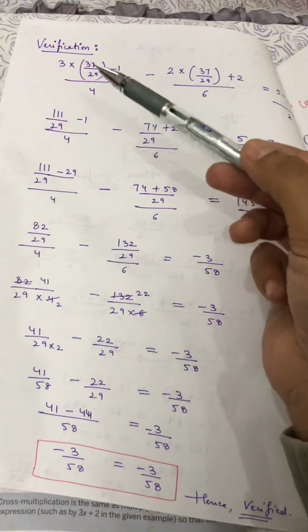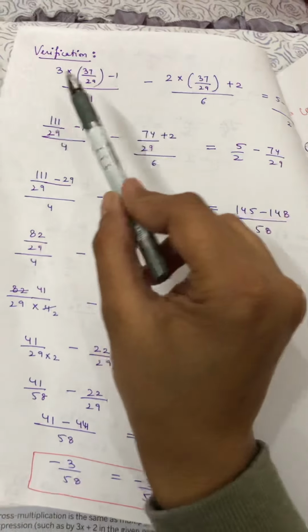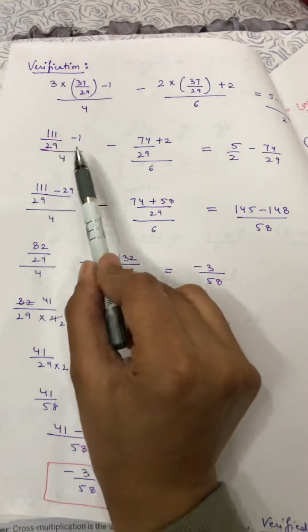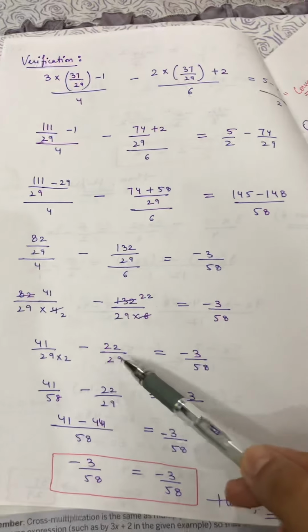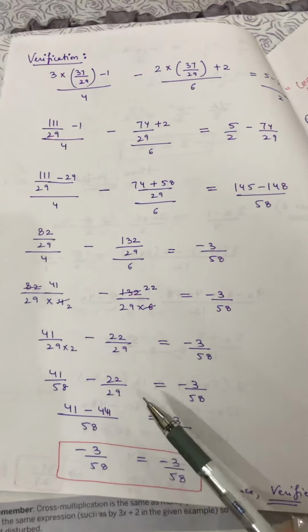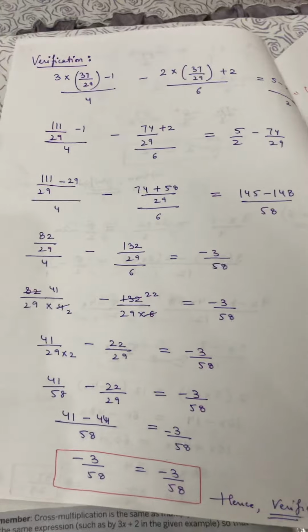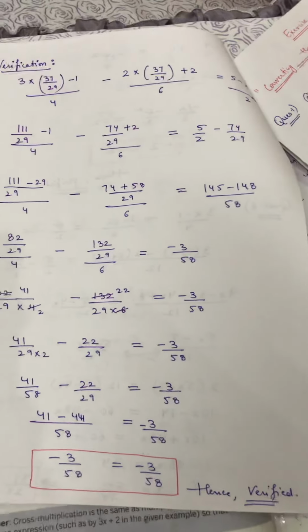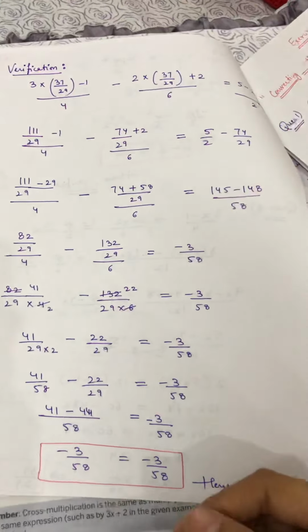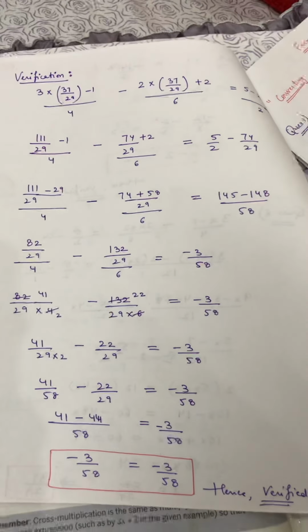So in the fraction, when you put the value of x, you have to take the LCM, then divide it. Take the reciprocal, and then solve it, subtract it, add it, and then equate it. That's why some of the questions are a bit lengthy, but the concept is the same as it is, right?